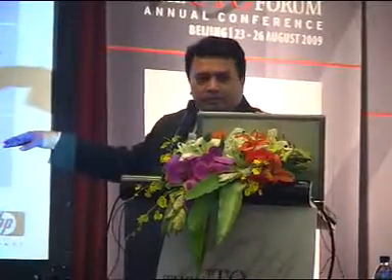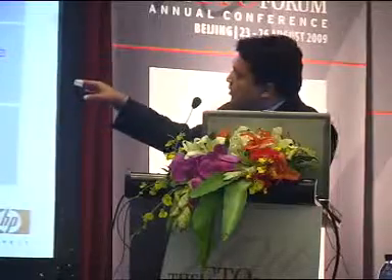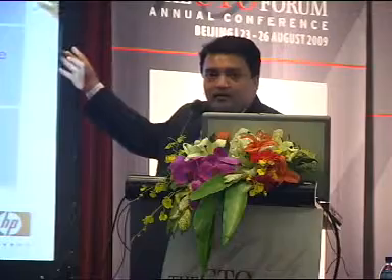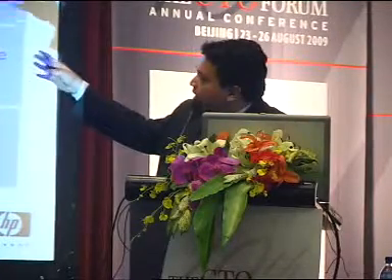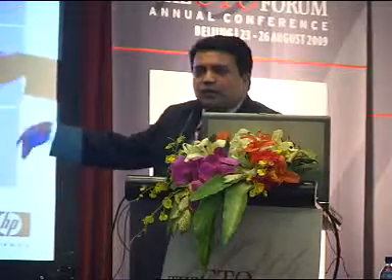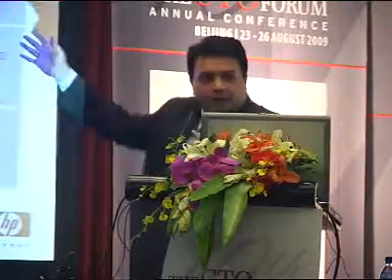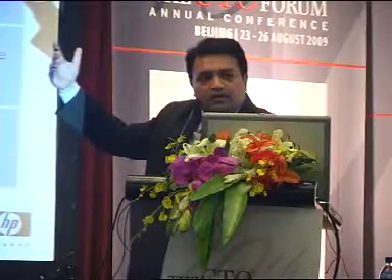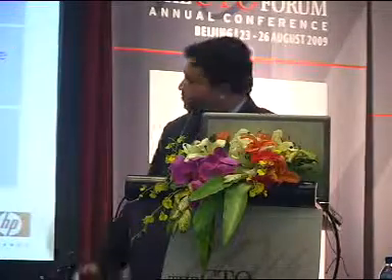Just some typical examples. Implement a software change in 2,600 servers. Before automation, 2 weeks; after automation, 20 minutes. Automatic health check of servers, automate manual network tasks, provision new storage. Now these are some examples of the tasks. This could be a laundry list of a much bigger list, but I just wanted to give this as an example to showcase what are the changes that you would see in your infrastructure management when you do this.